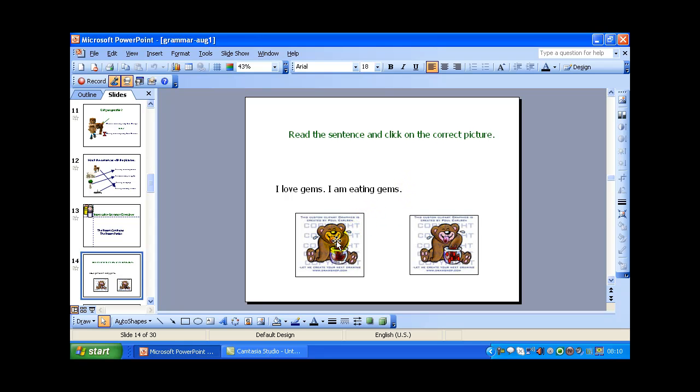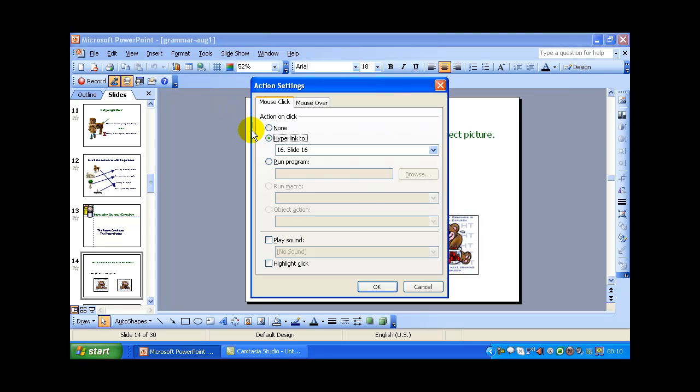Suppose they click on this, they will go to one slide. Suppose they click on this, they will go to another slide. So I set it by just selecting the picture, going to action settings here, and under action settings, hyperlink to slide number 16.